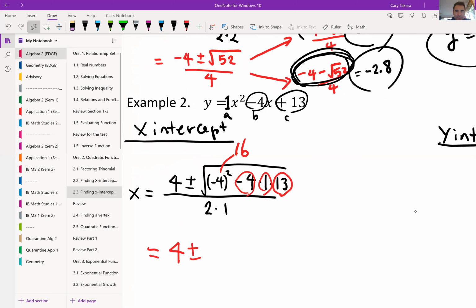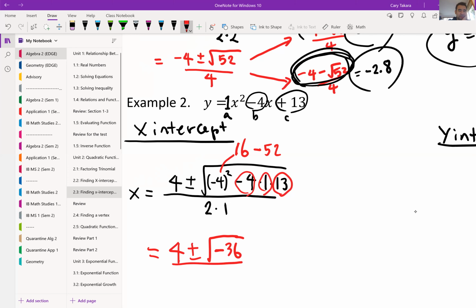What do you get? You will get negative, what is it? 52. Now, what is 16 minus 52? Isn't that negative? What is it? 32, 36? Negative 36